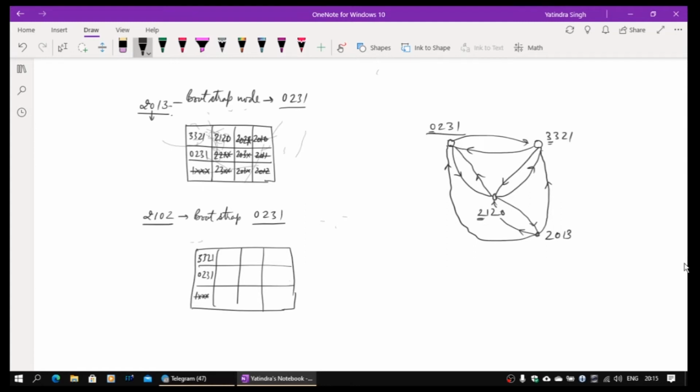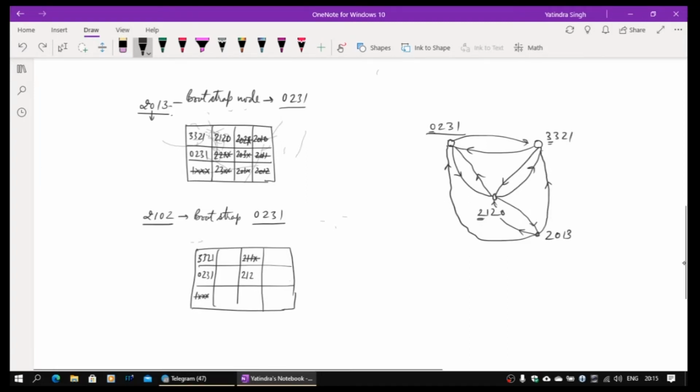Now we also get information about 2120. So 21 matches with this, so it has to go to the third column. So 210 is there, so you need to make 21. So there has to be one here. One X has to come in. This entry does not exist. 212X. 2120 will come here. Sorry.